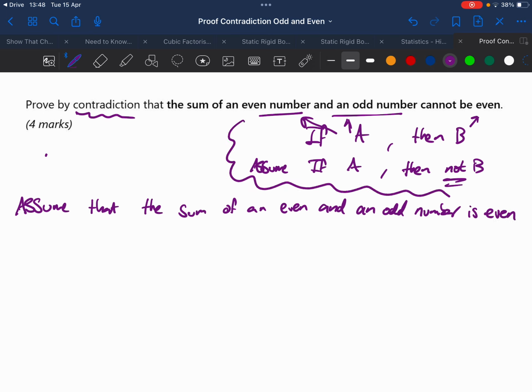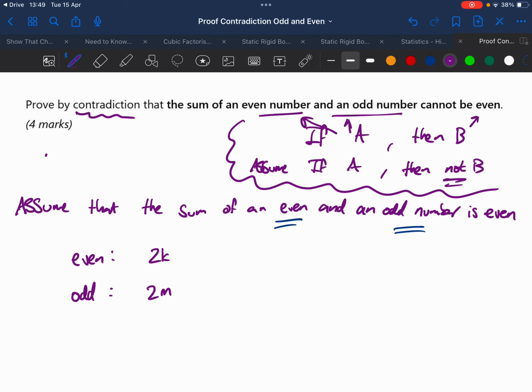So that's how I'm going to write my assumption. Then I'm going to get an even number, get an odd number, investigate this, and hopefully break my own assumption. We're going to call an even number 2k, and we're going to call an odd number, what shall we call it? Let's call it